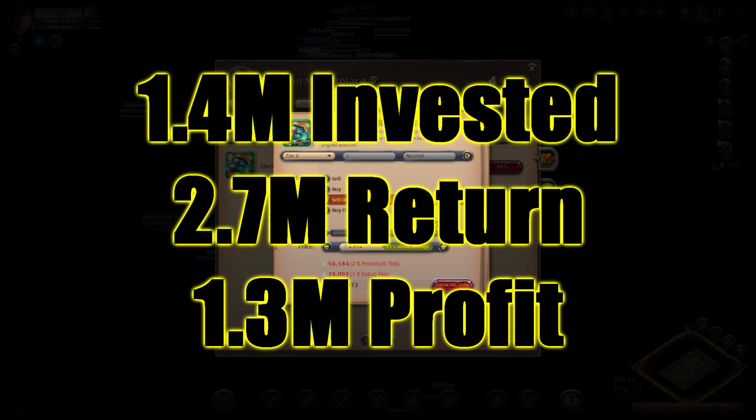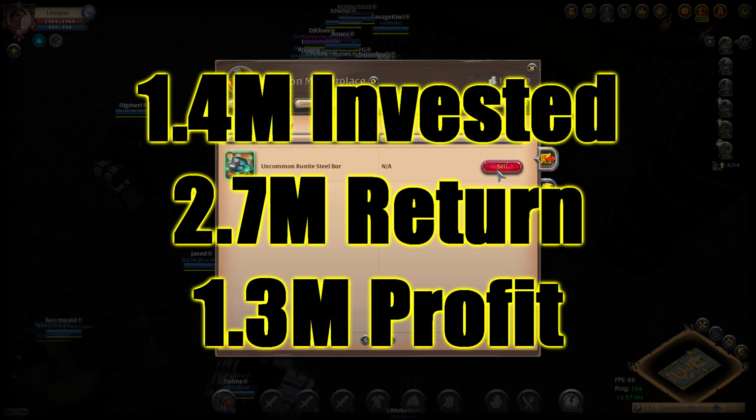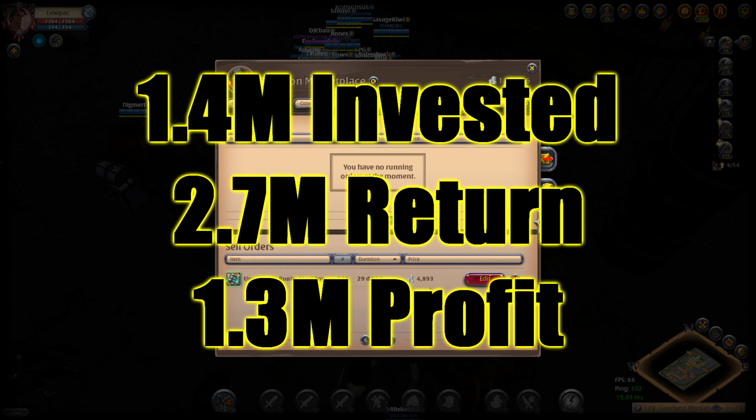today, which wasn't too much invested. Most people should have that available. And as you can see, we're looking at the market around 2.7 million in return for our bars. Plus we actually have a little bit left over of some of the raw resources. So there's a little bit of money tied up in there, but that's a 1.3 million profit, which is above